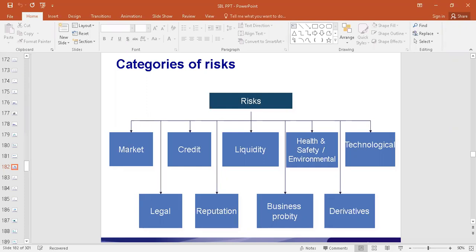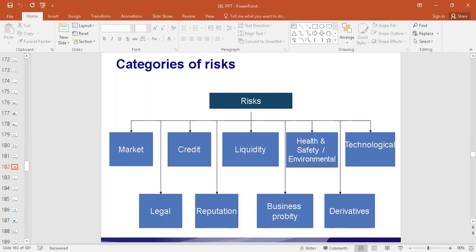Reputation, I already explained to you what reputation risk is. When the reputation of the business is affected, it will have an impact on the transactions of the business. Many stakeholders will not come forward to be associated with the organization, and that will result in the failure of the company. It is not just about the customers. Sometimes we also see that the other stakeholders, like the investors, the creditors, the suppliers, do not like to be associated with the company because of the reputation getting affected. So any risk that is faced because of the reputation getting affected is called reputation risk.